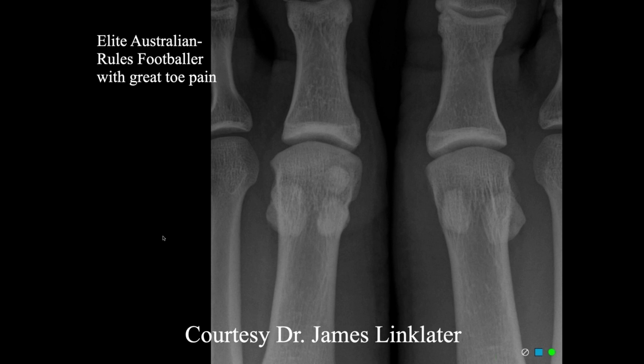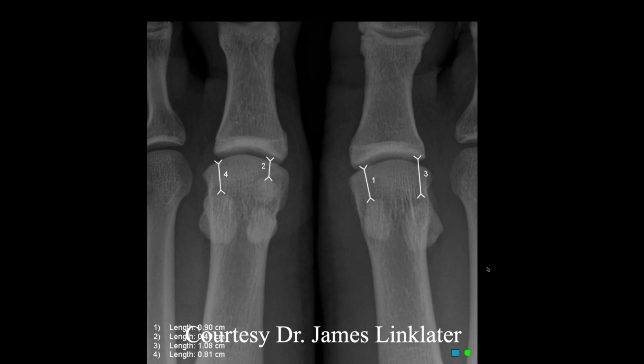All right, so this is an elite Australian rules footballer with great toe pain. I kind of see that bipartite medial sesamoid, maybe. Okay. And this is the symptomatic side, and this is the asymptomatic side. So, yeah, and there's some soft tissue swelling there along the medial aspect of the first MTP joint. And there's a differential distance between 1 and 2, which may mean that there may be a